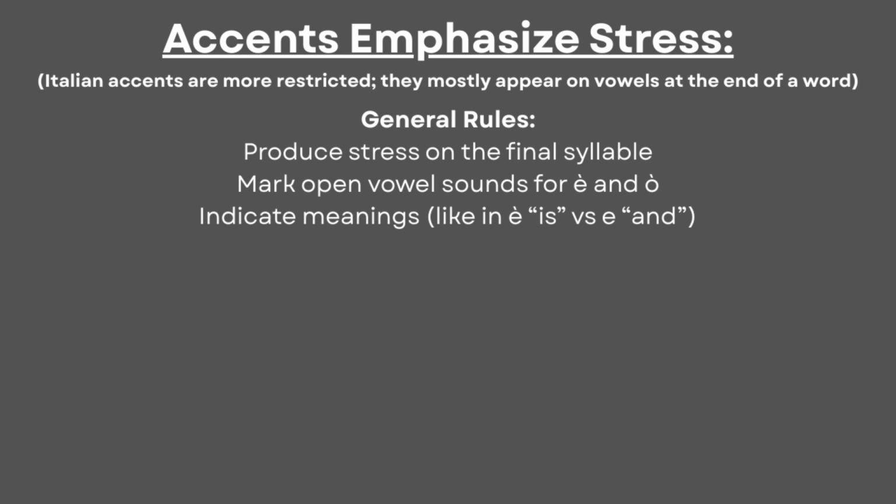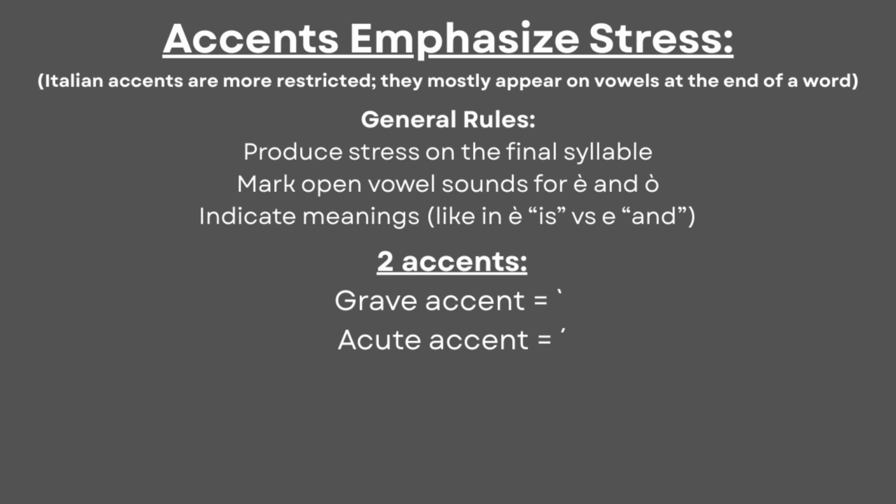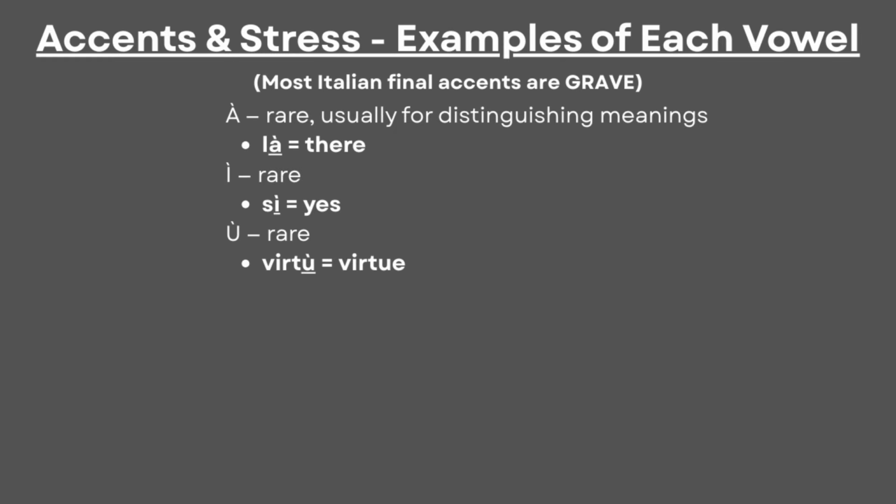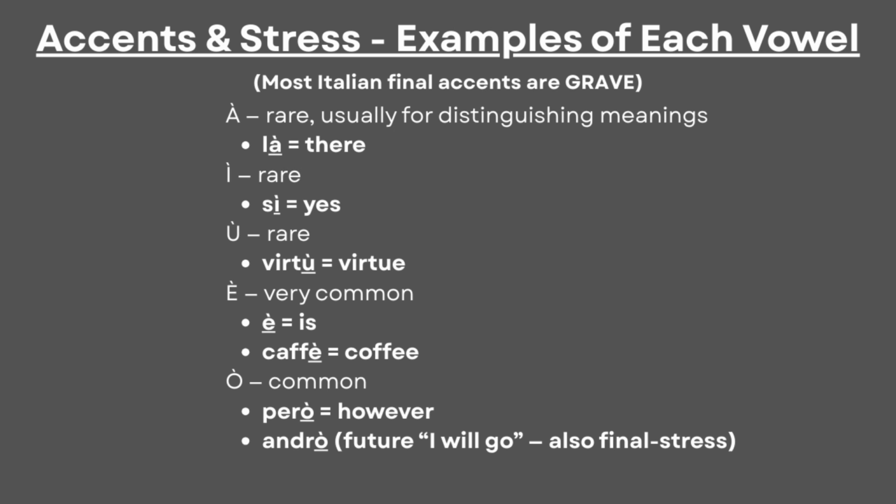Because their use is restricted, they mostly appear on vowels at the end of a word, so when you learn Italian vocabulary, this is where you'll find many of them. The accents themselves are the grave accent and the acute accent, but in writing, the grave accent dominates more. When it comes to using the accents, vowels like a, i, and u will rarely have them, but you will still find them in words like là, sì, virtù. Such words use the grave accent, but the remaining vowels, e and o, will commonly appear with this accent, like in